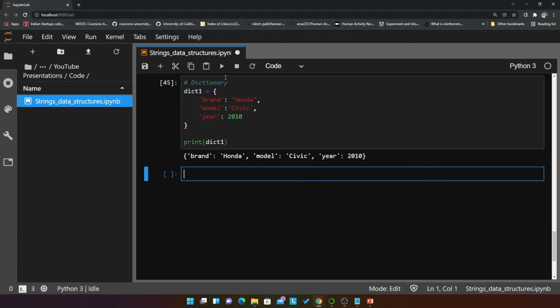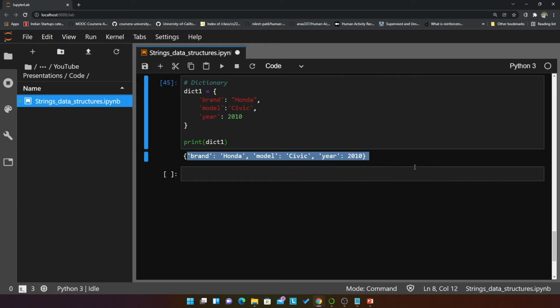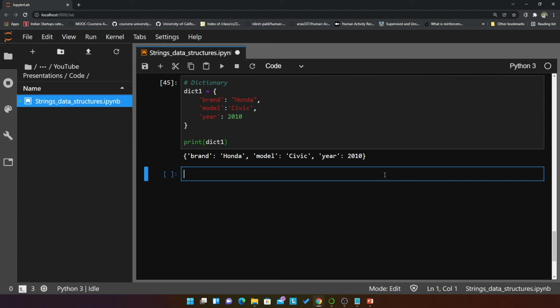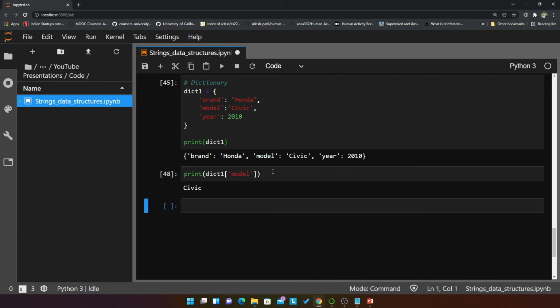So this is the dictionary we get in our output. Now if we want to access any specific item of this dictionary, we'll type dict1 followed by the square brackets and the key. If I type model, this is how we fetch the specific value for the key model in a dictionary. Like I said, these are ordered and these can be changed. We can get the length of a dictionary as